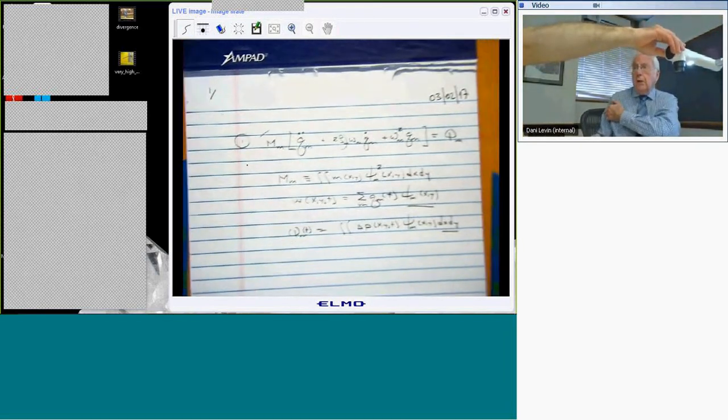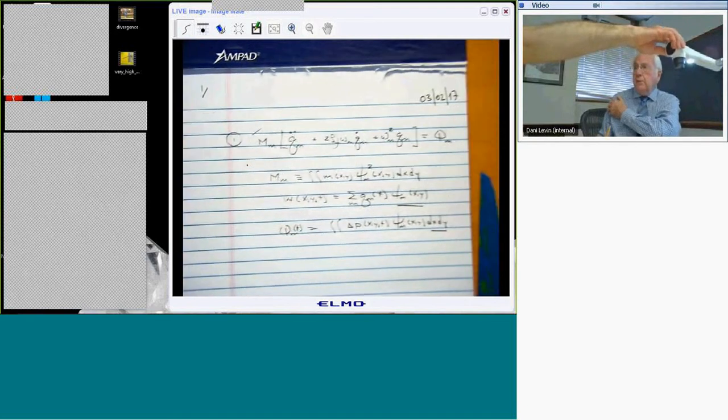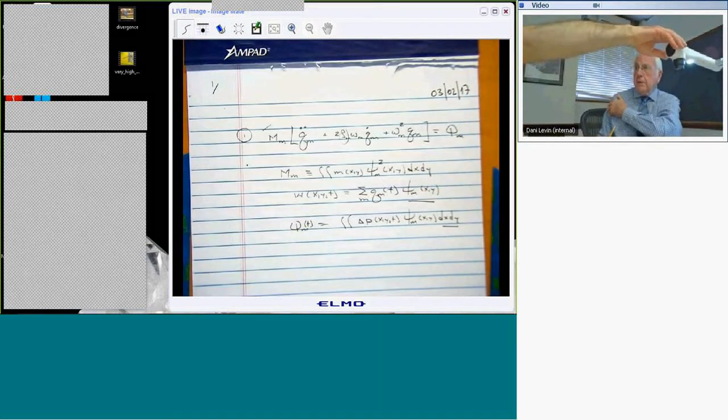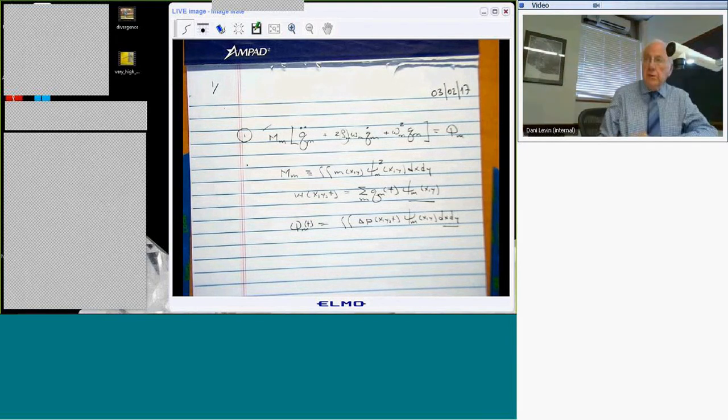But in general, there are two kinds of pressures and two kinds of generalized forces that are of interest. They're the pressures due to the motion of the structure. Those are essential to predicting flutter, right? But they're also important for gust response. Plus, there's the pressure due to the gust itself, okay?